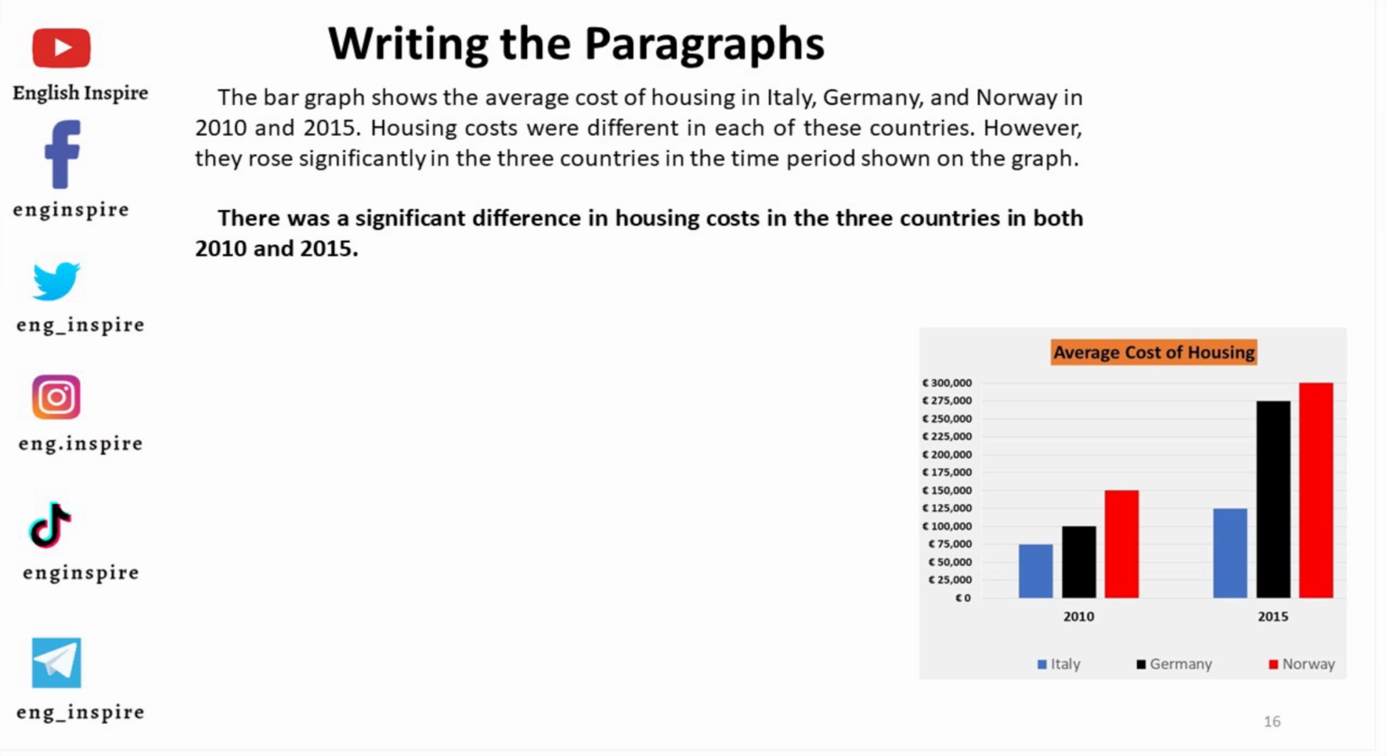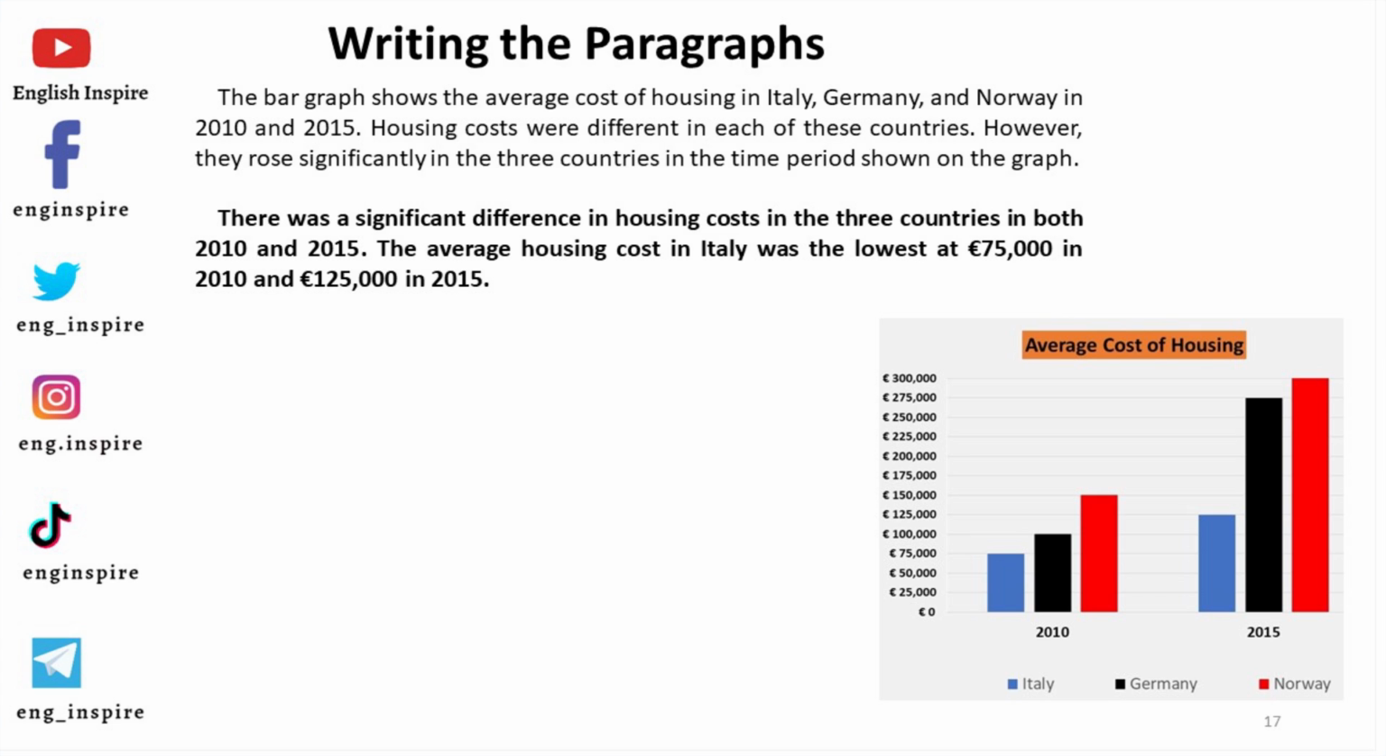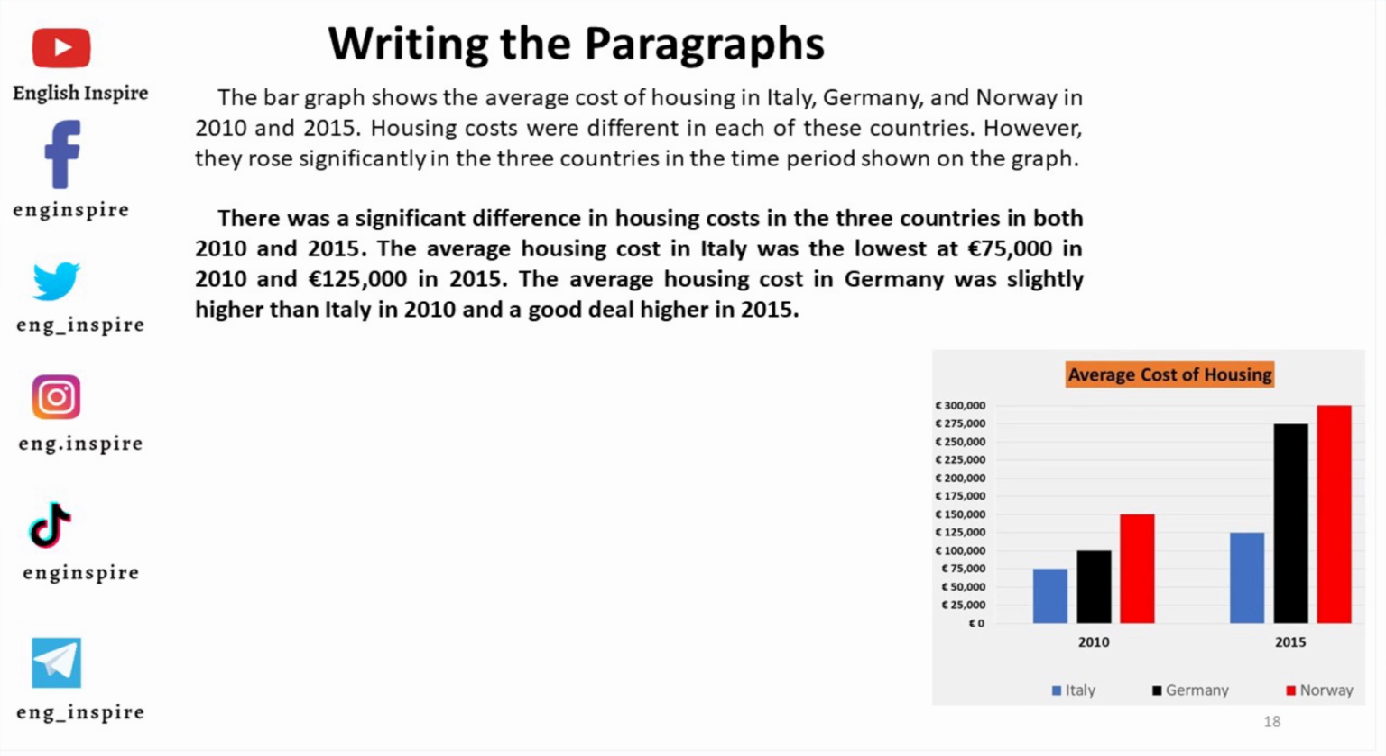Then we write one or two sentences for each supporting detail. The first supporting detail in the first comparison in the outline can be written as: the average housing cost in Italy was the lowest at 75,000 euros in 2010 and 125,000 euros in 2015. The second supporting detail can be written as: the average housing cost in Germany was slightly